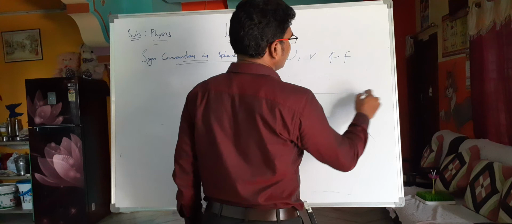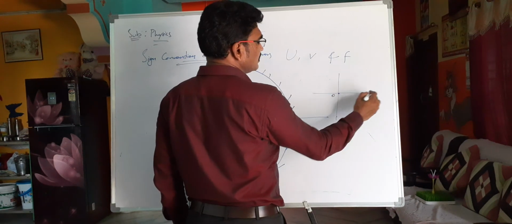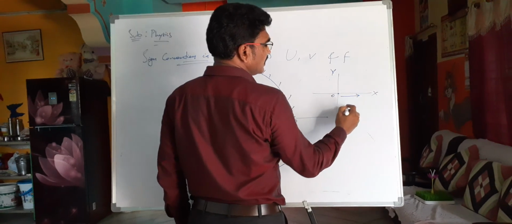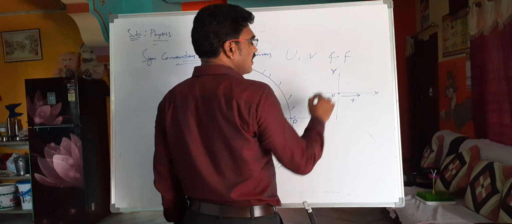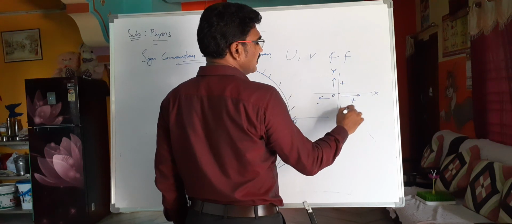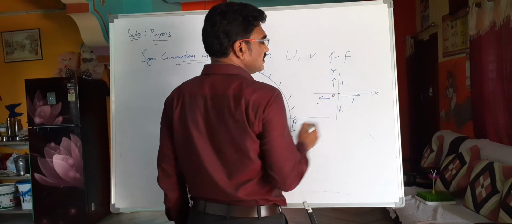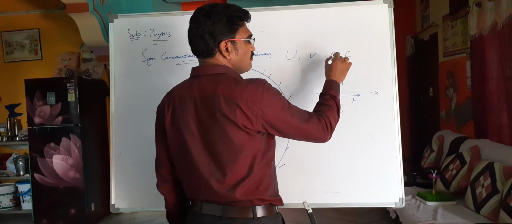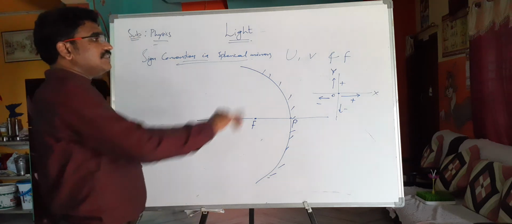It is actually from coordinate geometry, in accordance with the coordinate geometry. This is the x and y axis. When you are moving in this direction, it is positive x, and when we are moving in this direction it is negative. Here it is positive y, and here it is negative. Whenever you are moving from the origin in this direction, it is positive; in this direction, negative; moving upwards, positive; moving downwards, negative. This we already know.